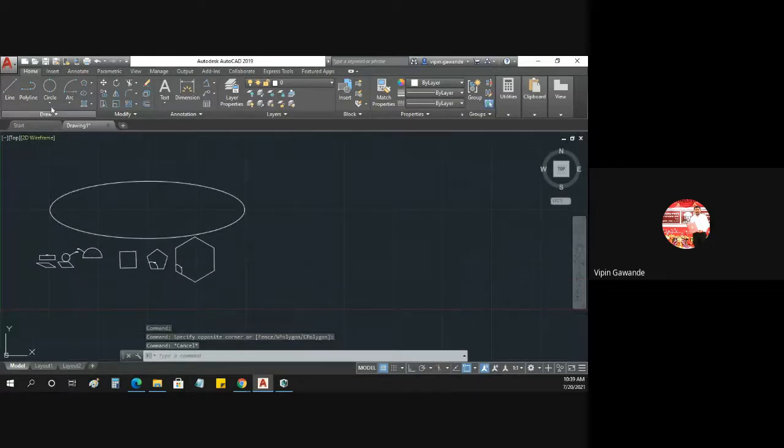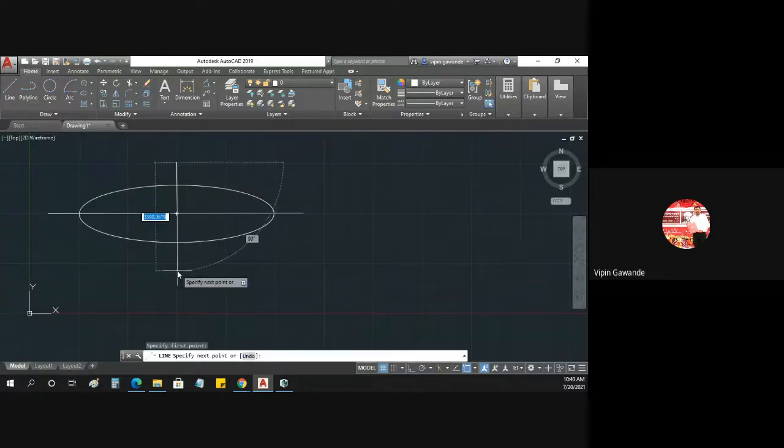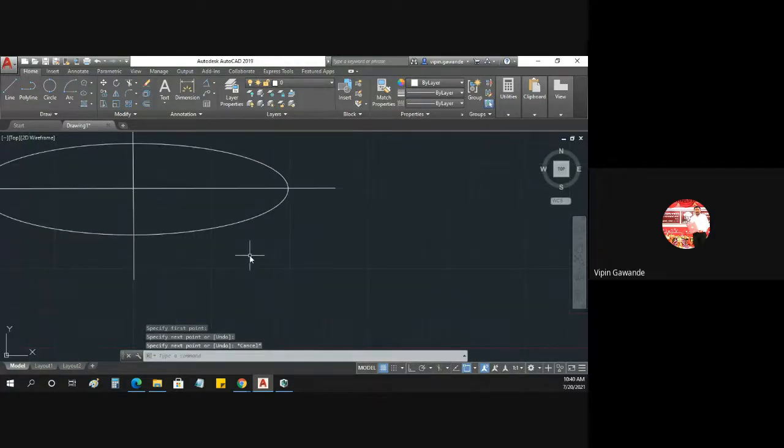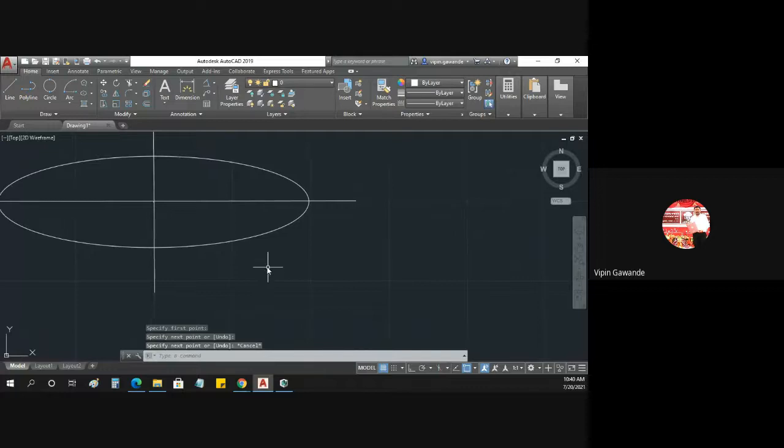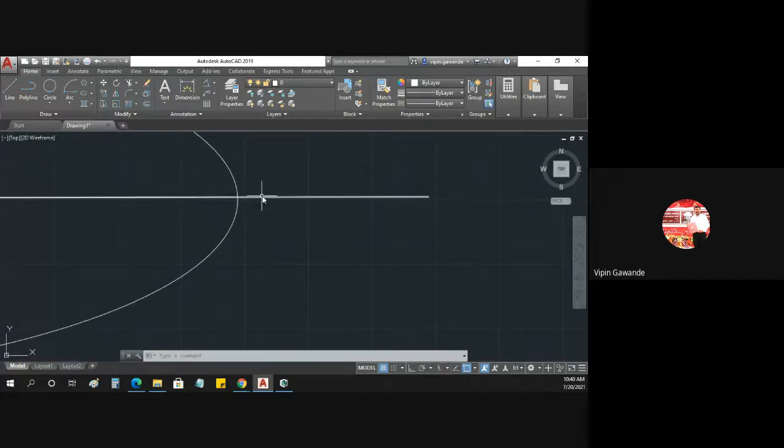So we will get here now. This is called the major axis. The total line is called the major axis, and the vertical line is called what? The minor axis. So suppose I am drawing here, this is my major axis. So I am deleting this one. Suppose this is my major axis, and the vertical is my minor axis. Now see, these axes are extending outwards. I want this axis up to here only.